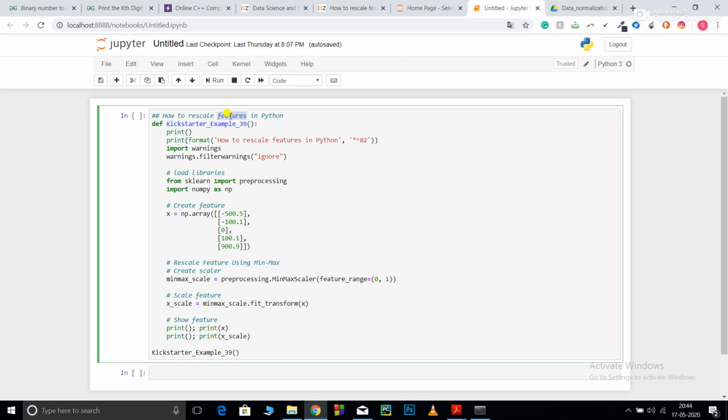For each data point, you perform x minus the minimum of that feature column, divided by the maximum of that feature column minus the minimum of that feature column. After that, you multiply that with the maximum range minus the minimum range, and you finally add the minimum of the range.